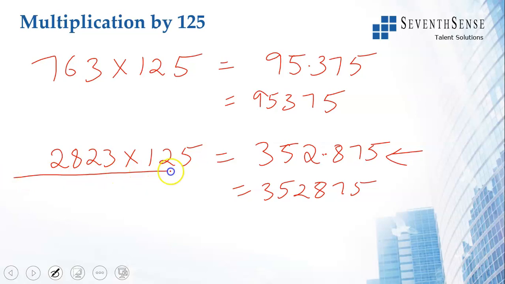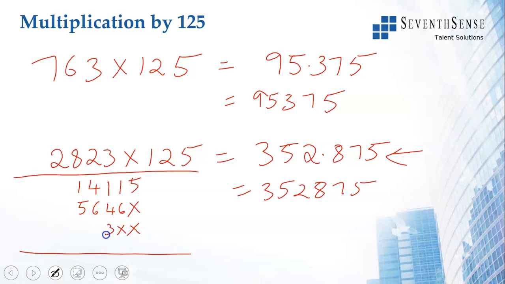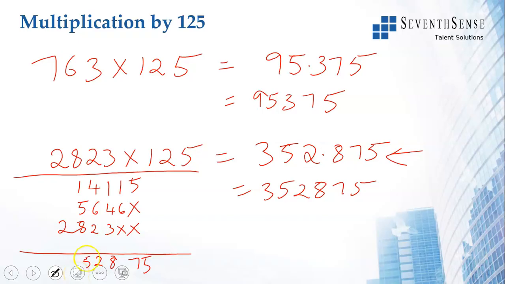Now imagine the same calculation in the conventional way. 5 3s are 15. 5 2s are 10. 1 carry 8 5s are 40. 4 carry 5 2s are 10. 1 4 1 1 5. 2 3s are 6. 2 2s are 4. 2 8s are 16. 2 2s are 4. And then 1 carry 5. Then I do 3 2 8 2. Then I add 5. Then I add 7. Then I get 8. Then I get 12. Then I get 15. Then I get 3.